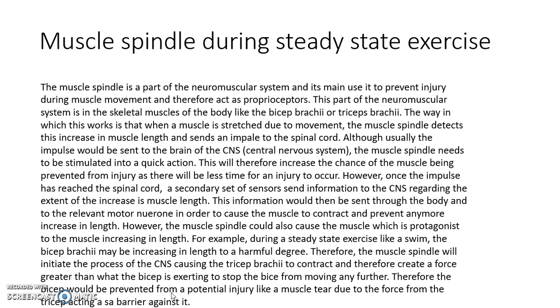This information will be sent through the body and to the relevant motor neuron in order to cause the muscle contraction to prevent any more increase in length. However, the muscle spindle could also cause the muscle which is antagonist to the muscle, increasing